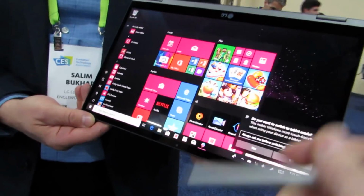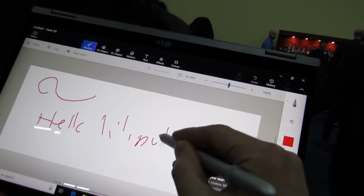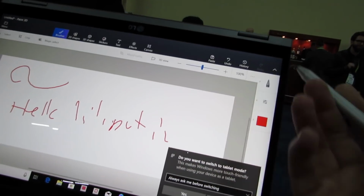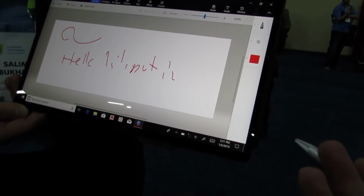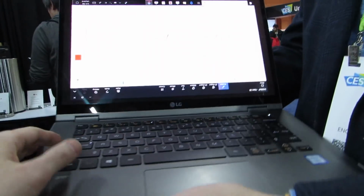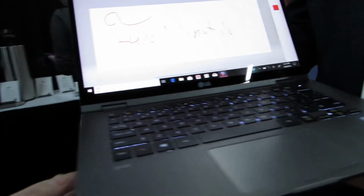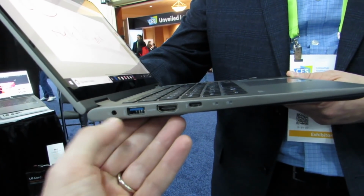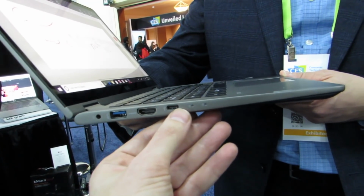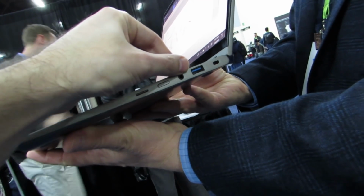It does support pen input, so if we go ahead and open up, my handwriting, as usual, is not so great, but you can see that I can do a little bit of writing here, and of course it supports Windows Continuum, so we can switch back and forth between tablet and laptop modes. If we take a look here, we see that we've got a backlit QWERTY keyboard, nice island-style layout, a fairly large touchpad, and in terms of ports, we've got full-size HDMI and USB Type-A ports. There's a power jack, a USB Type-C port, and on the other side, micro SD, power button, and another USB